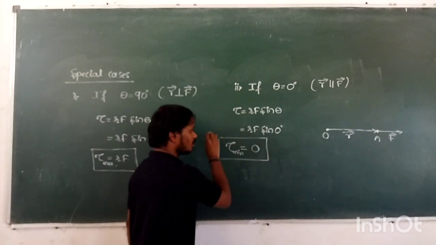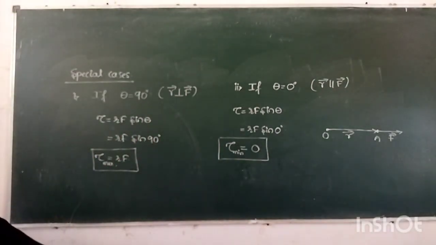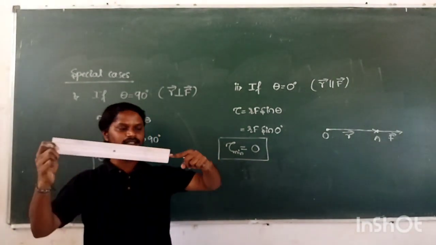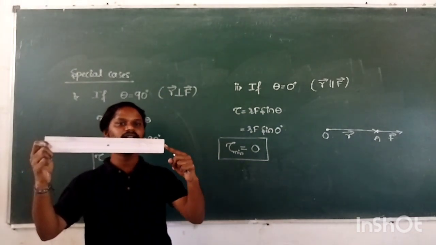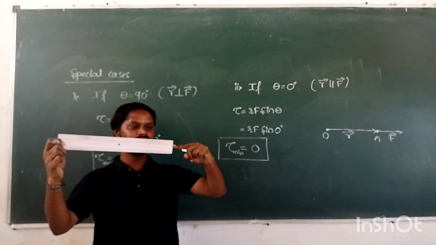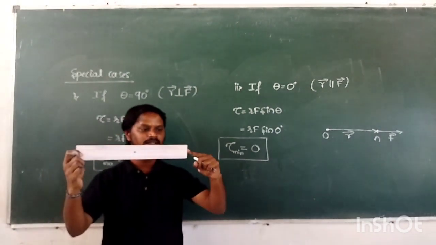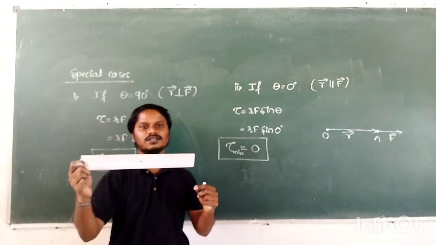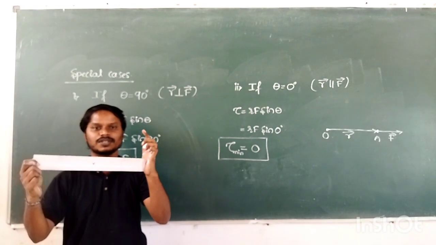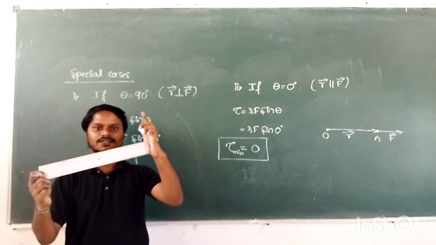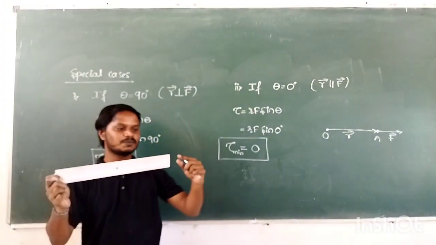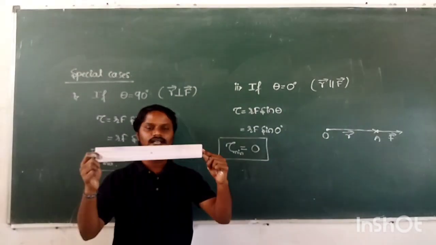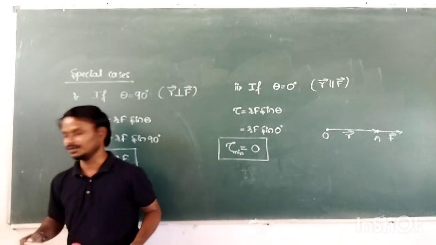So, once again, see here. Let us assume this is a rod. Now this is the fixed end and it is the free end. How is the force applied here? The force is applied parallel to the position vector. Hence the torque acting on this rigid body is 0. When the torque acting on this rigid body is 0, there is no rotational motion of the rigid body. How should the force be applied to rotate the body? The force should be perpendicular to the rod, like this. If the force is applied parallel to the rod, there is no rotational motion of the rigid body, hence the torque acting on the rigid body is 0.